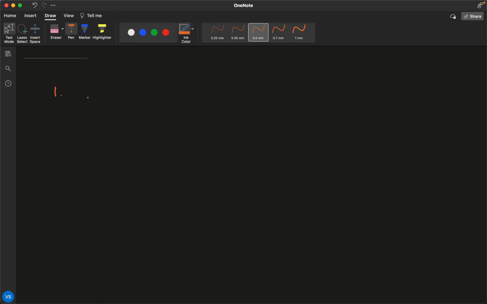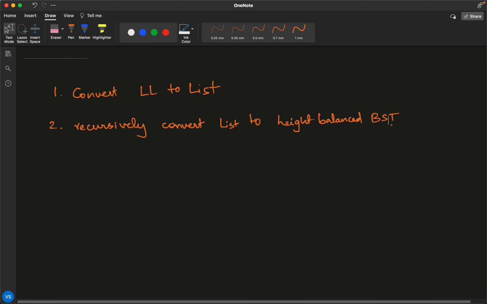So firstly, I've converted the linked list to a list, right? This is the first step. And second step, I have recursively gone through the list, and using the binary search technique, I have converted the list into a height balanced BST. Okay. So these are the 2 steps that I have taken to come up with this solution, and let's jump